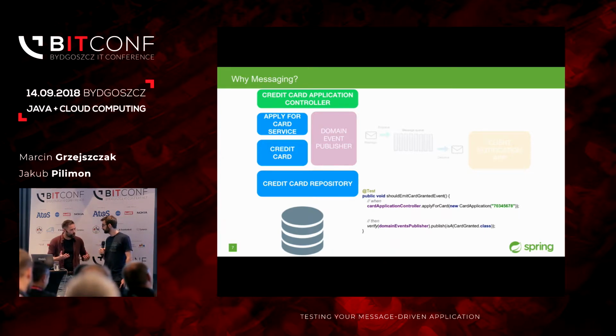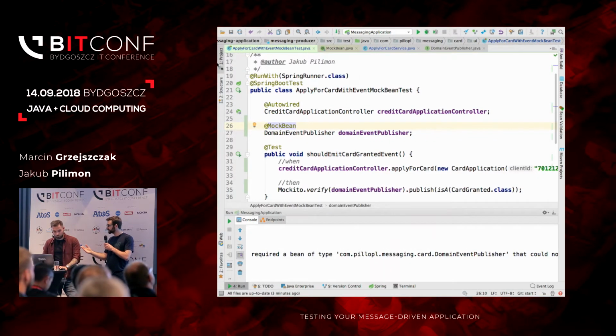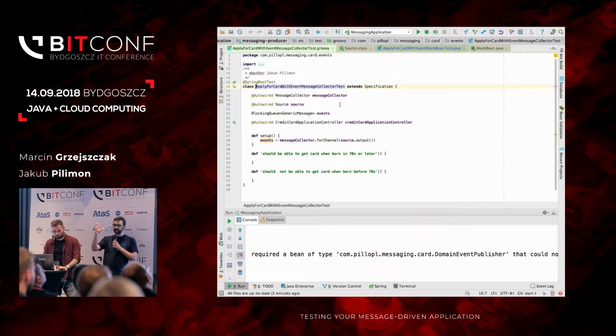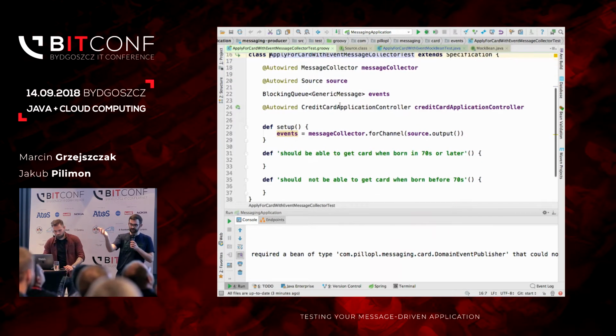What can we do? I know that there is some neat tool called message collector. It's built into Spring Cloud testing tools. So in Spring Cloud Stream, they have those binders, right? So there is the abstraction of the channel, and a concrete binder will allow you to send a message to a concrete infrastructure.